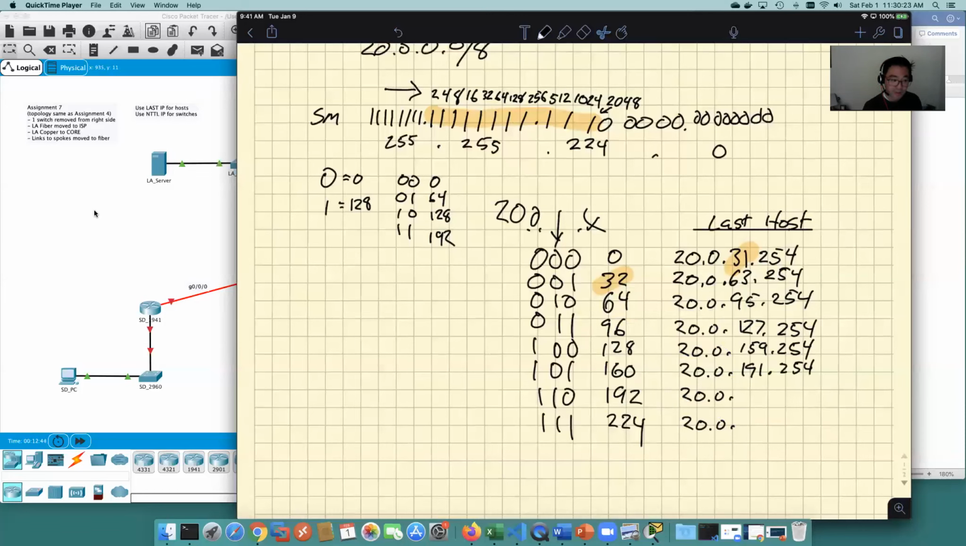Okay, so 192, yeah, that's right. Then 223, 254, and then for the 224 block,